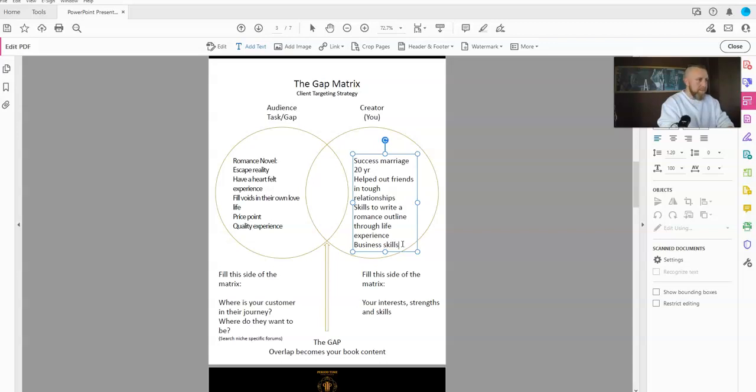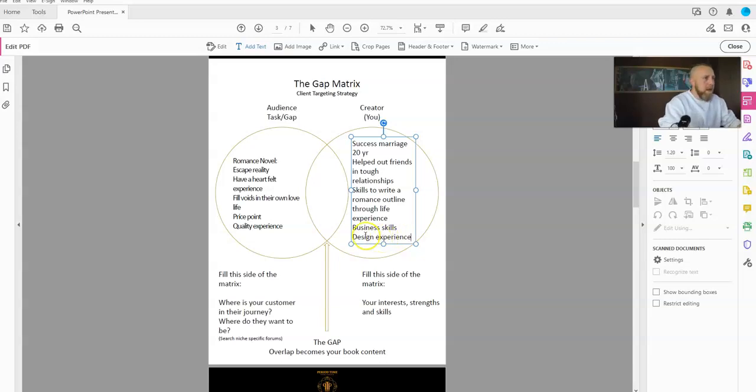skills where this might translate into price point, right? So you also may have design experience, and this may translate into the quality experience, right? So here's your overlap, and then in the center down here, guys, I would suggest that you print this PDF